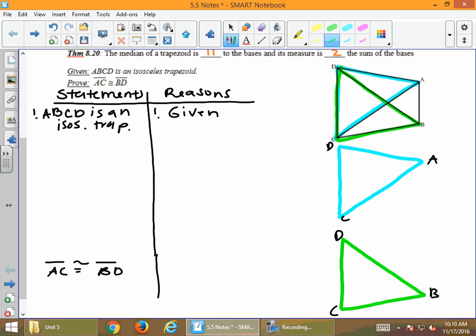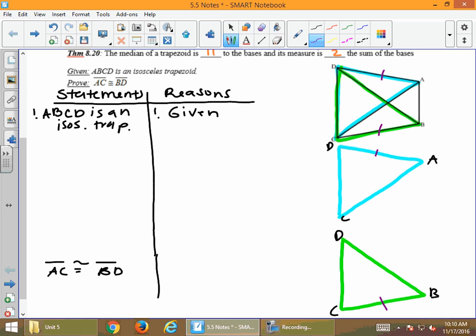Well, what's one thing we know about isosceles trapezoids? Back at that top, what's one thing we know? What do we know about the legs in our isosceles trapezoid? They're congruent. So if we look here, the legs are the slanted parts. Well, here are our two slanted sides. So I know those are congruent because it's an isosceles trapezoid. Mark those same sides